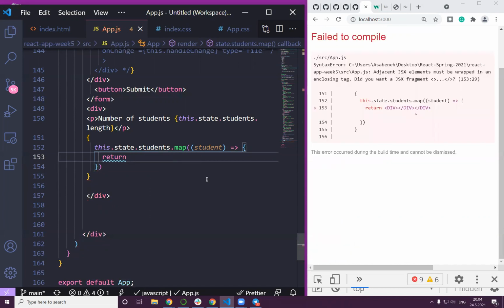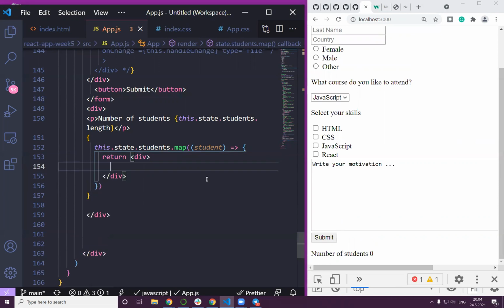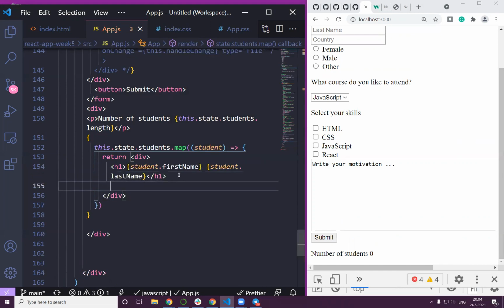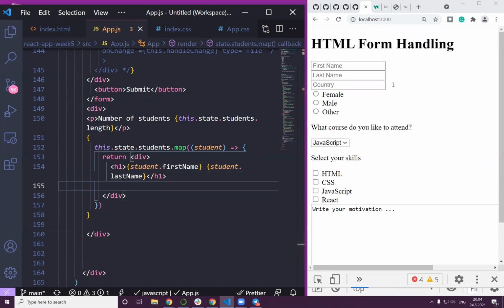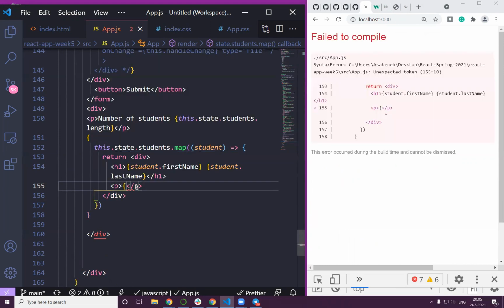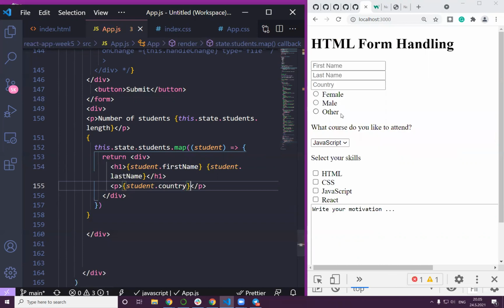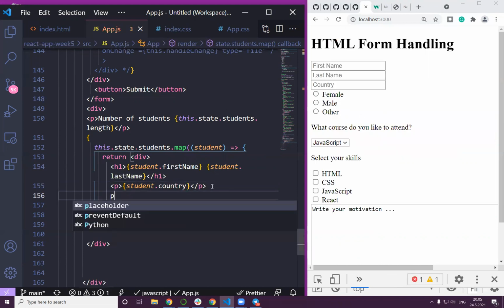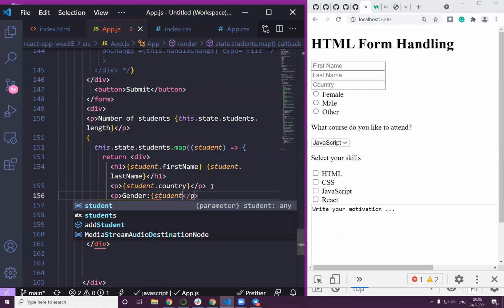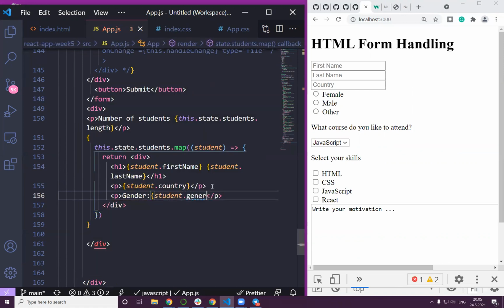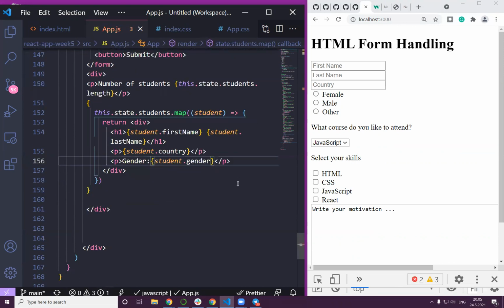Then maybe I may say h1 for first name, and then the rest, the other first name and country or nationality, this student country, and then actually gender, student dot gender, and actually course, the course he's going to attend, and